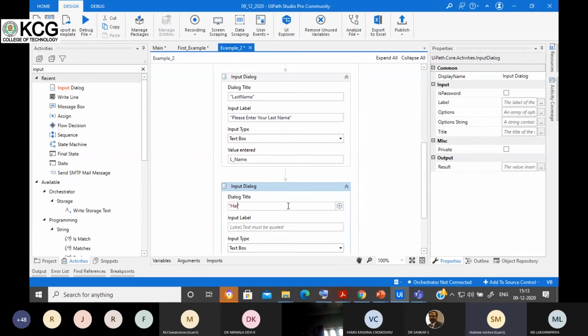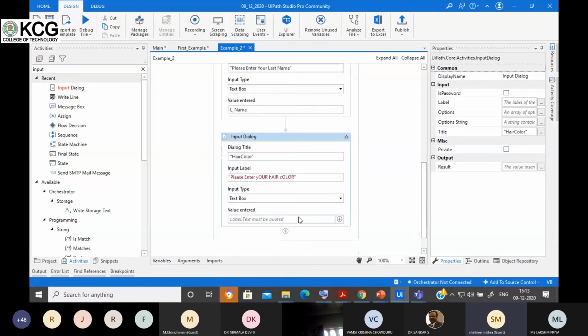So it should be inside the double quotes. This is for hair color, please enter your hair color. Okay, now it should also get stored in some variable.